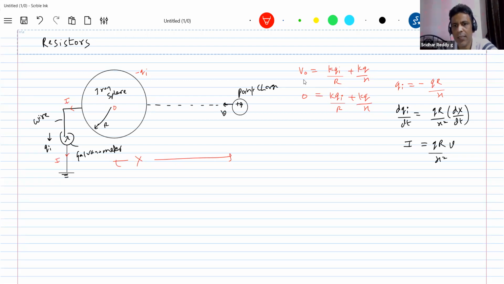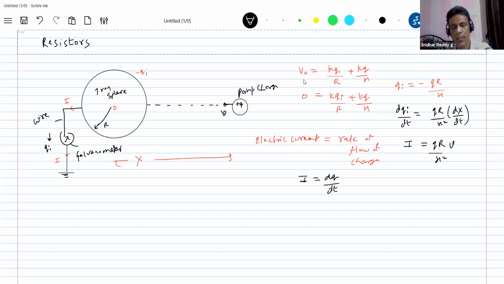So how do we define this electrical current? Electric current, the symbol is I. We define it as the rate of flow of charge, where I should be equal to dq by dt. This is the instantaneous current. Then what about the average current? Average current we define as